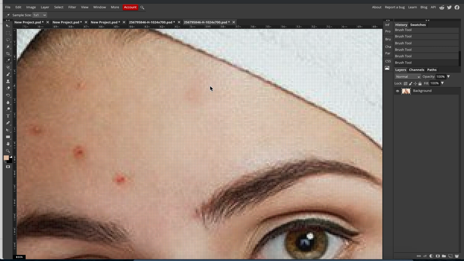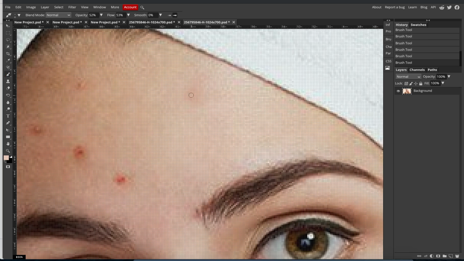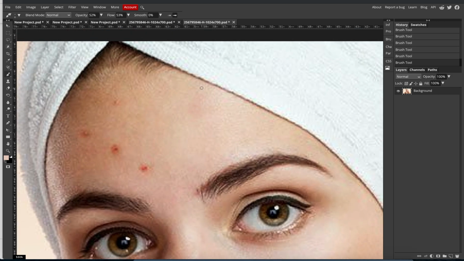So eyedropper, I'm going to pick up a light area and then go over with the brush again, just kind of a few dots of lighter colour. And the fact that I'm not just going in one area, I'm kind of adding little dots of different colours all over the same area, makes it look a little bit more realistic. Okay, so we'll come out of here,